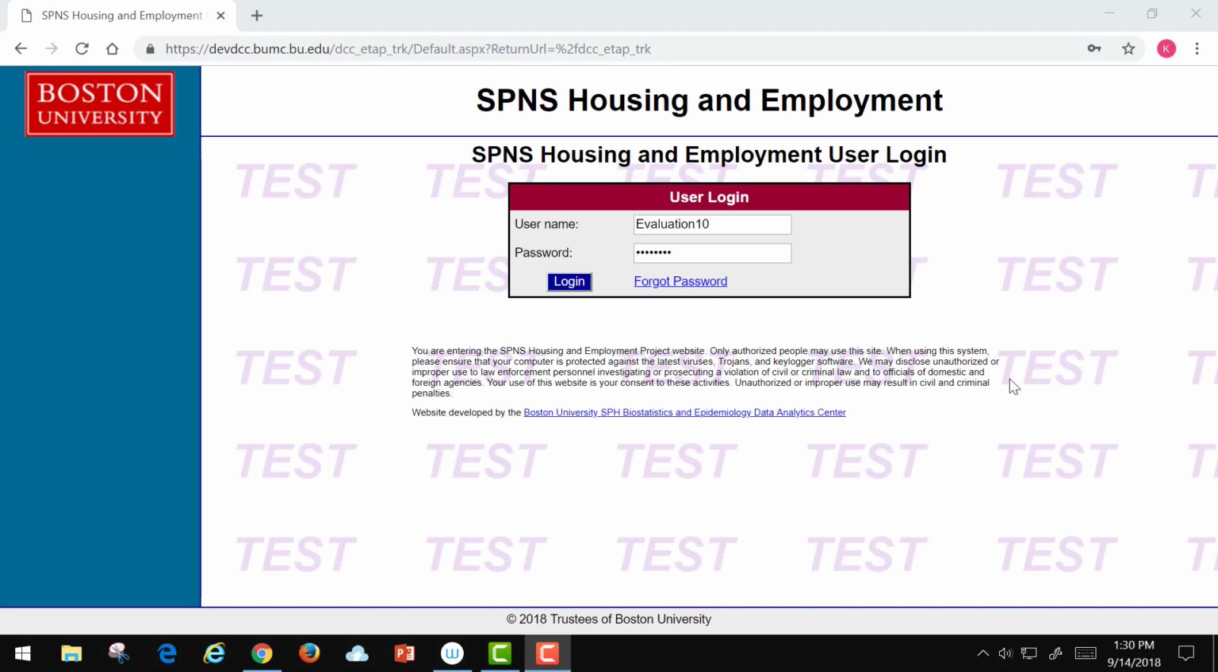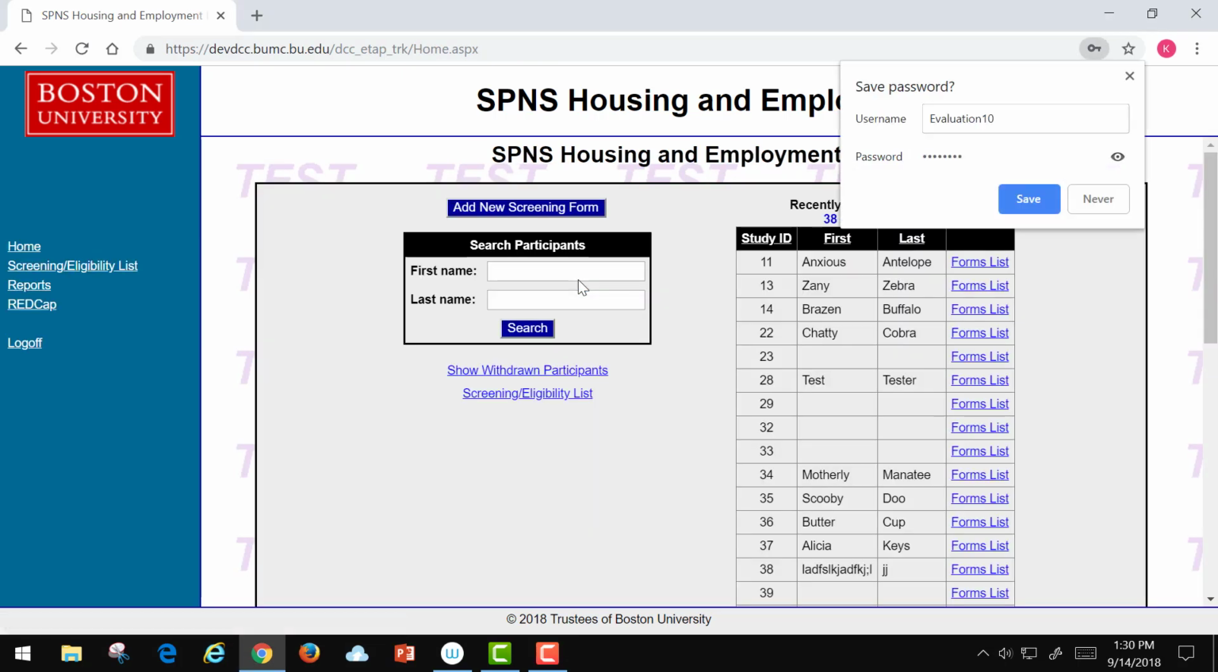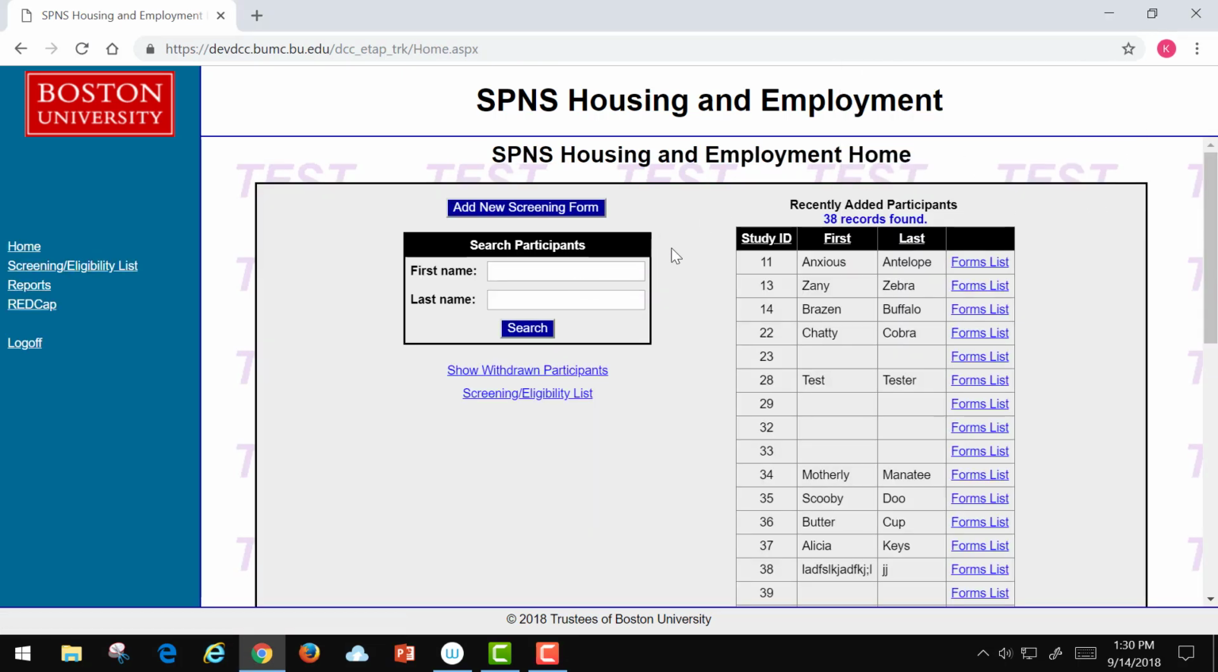So this is the SPINS Housing and Employment Tracking System. I'm going to be logging in as a test person called Evaluation 10. The password is training, TRAINING, all one word, all lowercase. So I'm going to log in and I will see all of the permissions that an evaluation staff member would